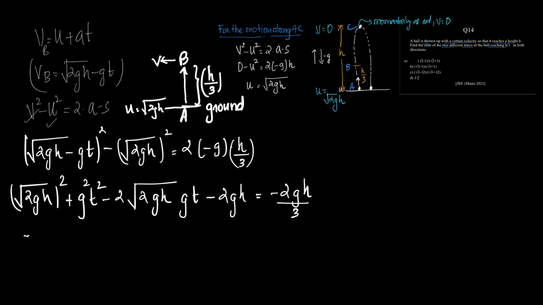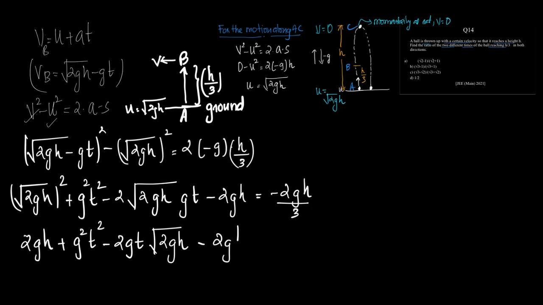So what is root of 2gh the whole square? It is 2gh plus g square t square minus 2gt into root of 2gh minus 2gh is equal to minus 2gh by 3. Now 2gh and minus 2gh is 0. So what is left is,